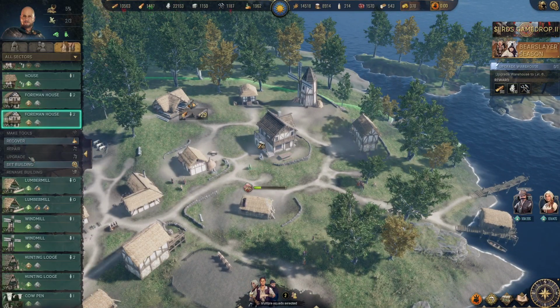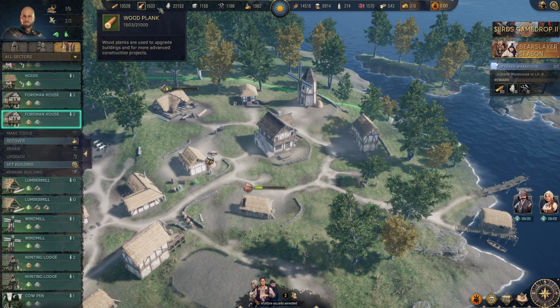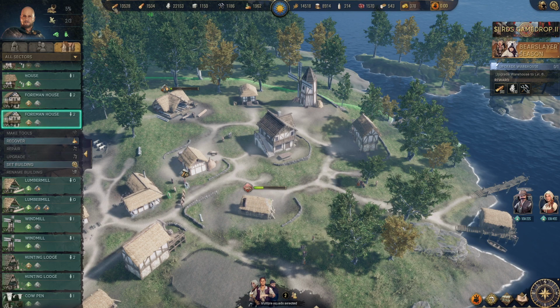Then we need to do the foreman house, which we'll do next. And again, we're just going to continue to level these up, as you can see. A long way to go. A lot to do, but we're going to keep focusing on this today. And we'll come back tomorrow with another video, and hopefully we'll be close to finishing this series and